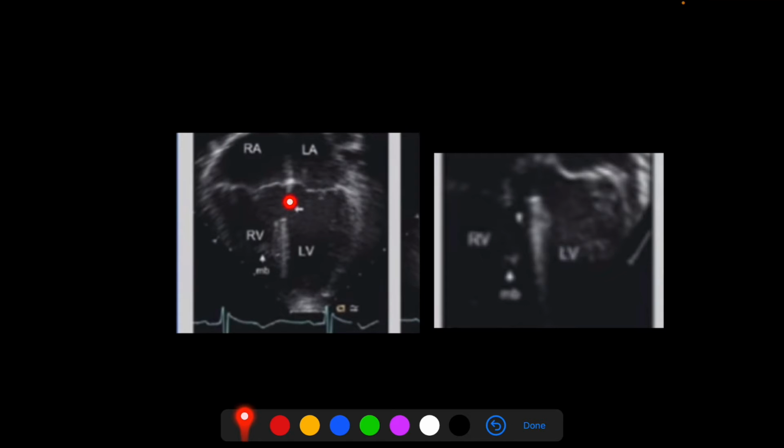So this is the septal defect, ventricular septal defect in the membranous septum. It is inlet type, and this is again perimembranous VSD, which is outflow type, which is in the upper level, and here it is in the lower level.